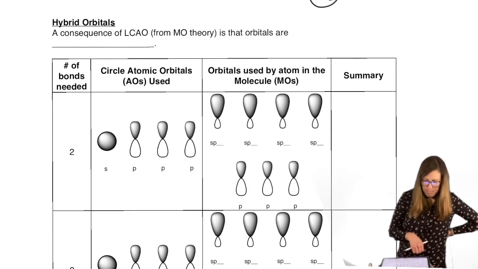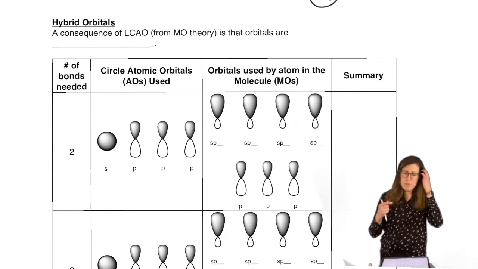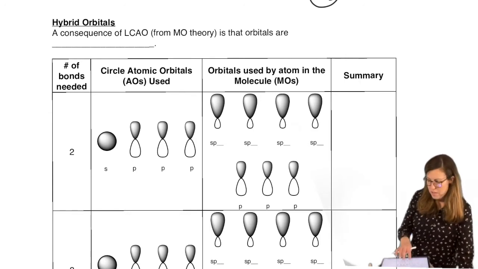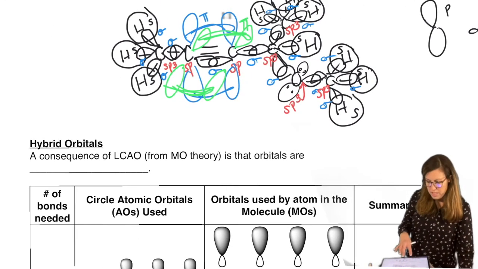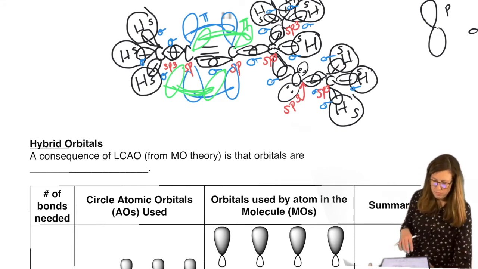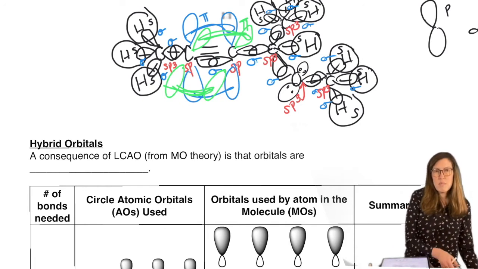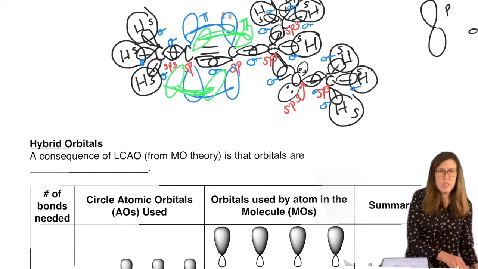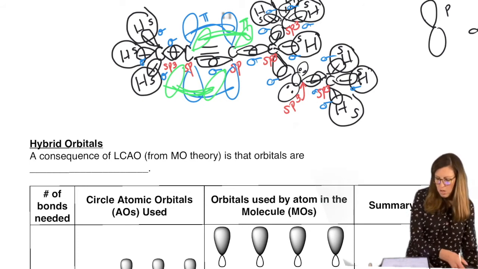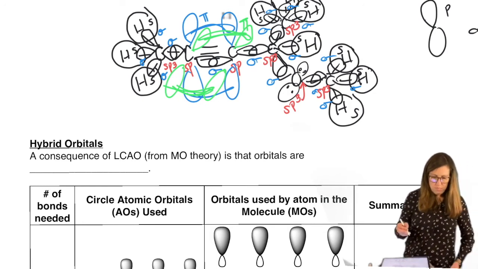Okay, so I like this summary table because it helps us remember what's going on when we decide what hybridization an atom is. So some of you might have taken issue with, how did I know oxygen was sp3? How did I arrive at that? Did that make sense to you? Did you get that right away? So you kind of have to work through that by knowing which orbitals you needed to use.